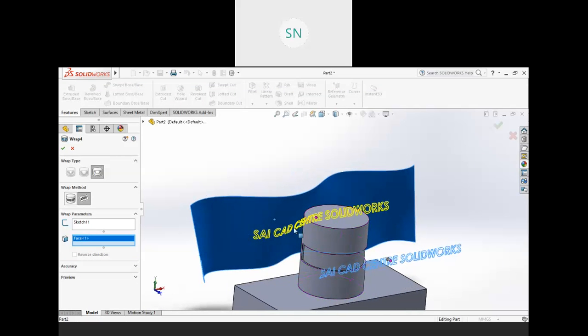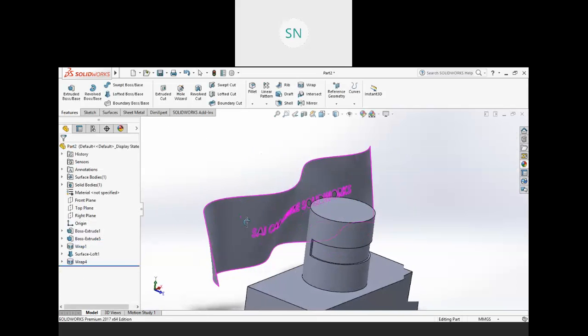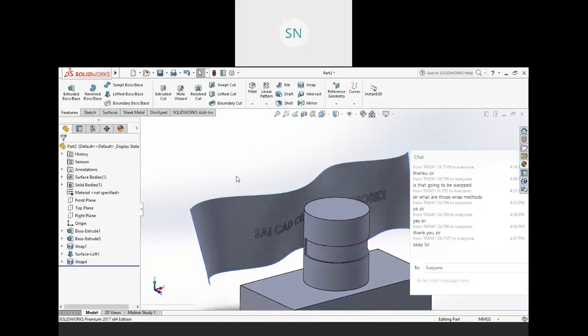So on this face, you have to select this spline surface if you want to wrap it, but it will create only scribe, not emboss, not deboss. Only the scribe option is there. That's why we have that wrap method. But in the older version, we have only wrap analytical. No methods are there, so that is not useful for our solid modeling. That's why I haven't shown you. So I hope it is clear now.